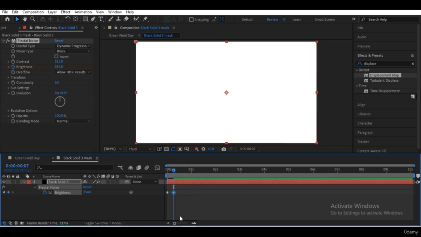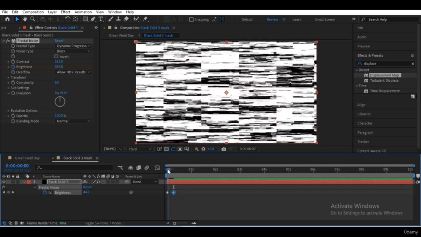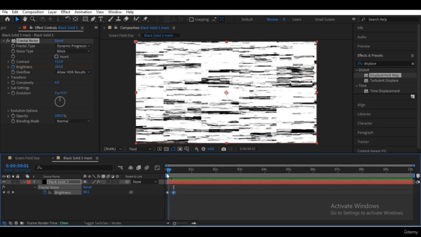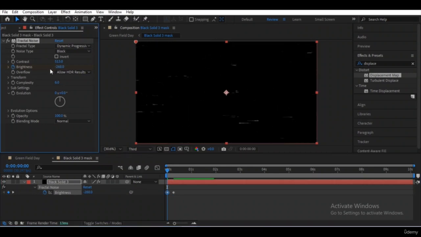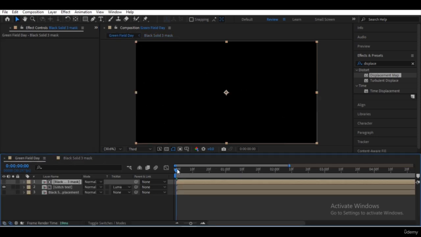Press J on your keyboard so that the time indicator moves to the previous keyframe, and press K so that it moves to the next keyframe. For the previous keyframe, let's set the brightness as dark as possible. So as you can see here, it will create a nice transition.